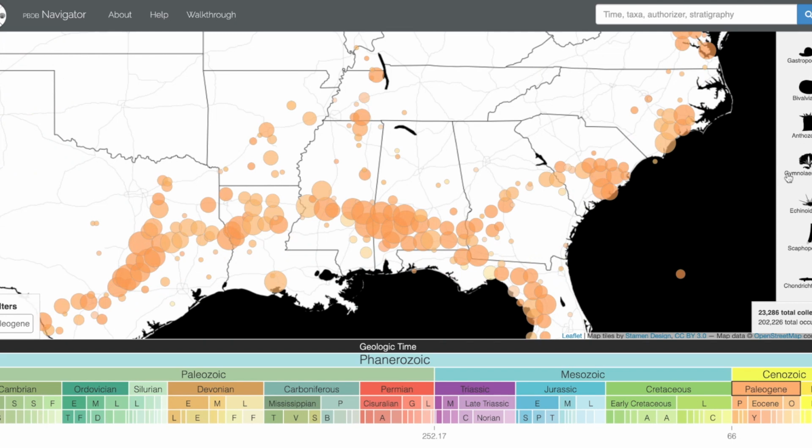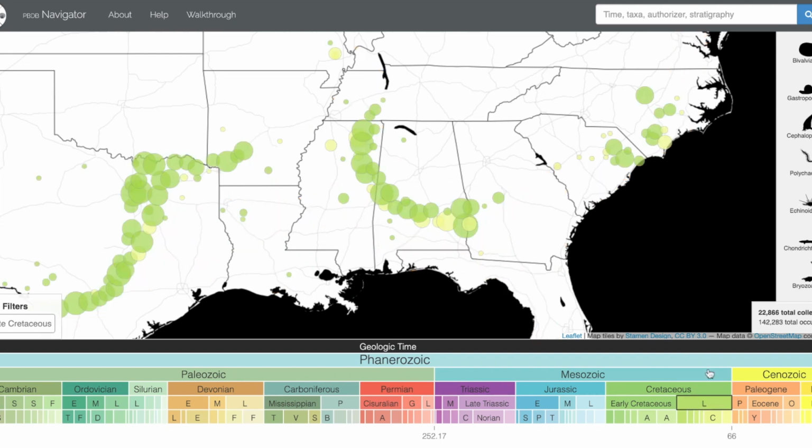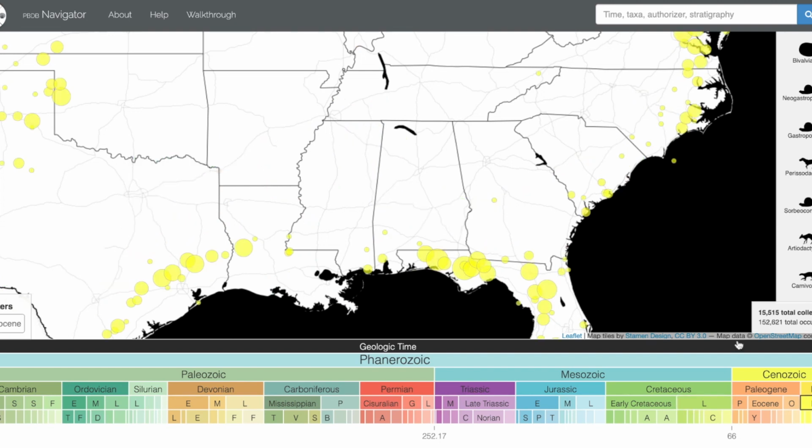Prior to that, up above that, like in South Alabama, we had more sea creatures, fishies and oysters and snails. And before that, up even higher, we had sea creatures. Isn't that cool? Now what you can do here is, if you're interested in knowing more about what was found there,